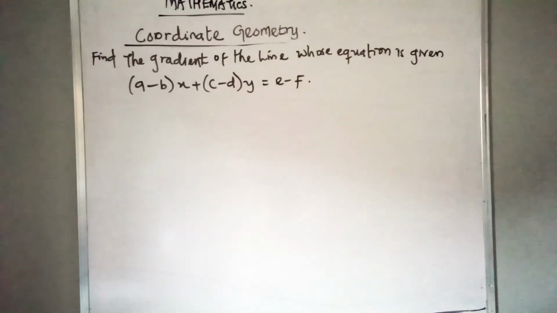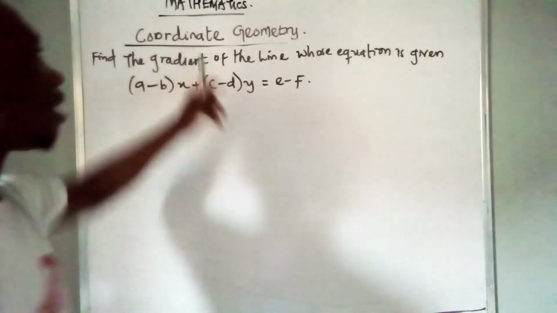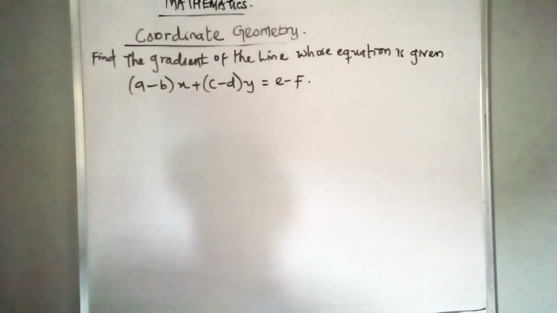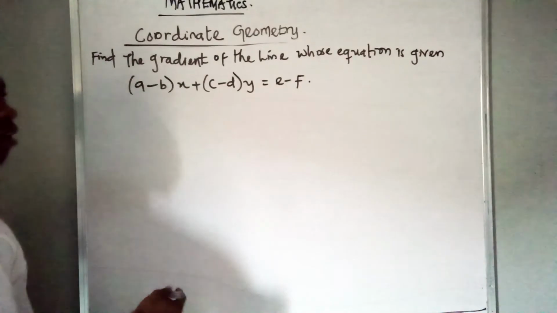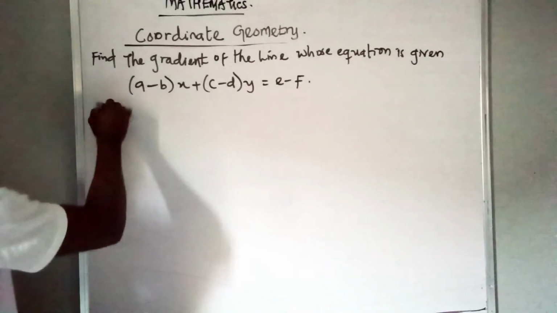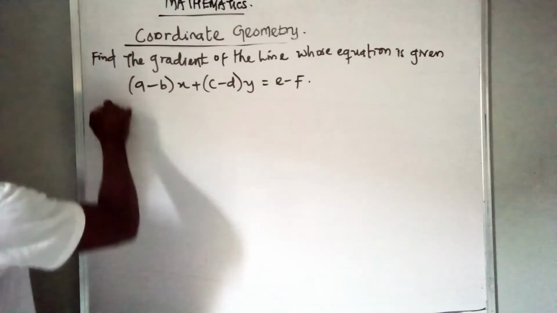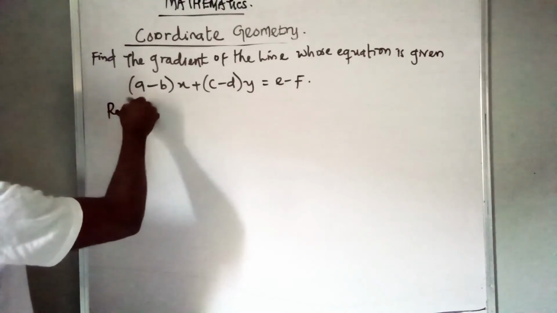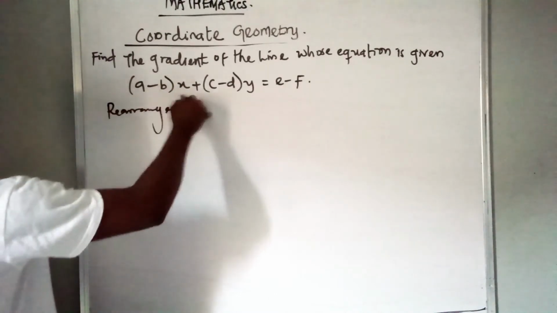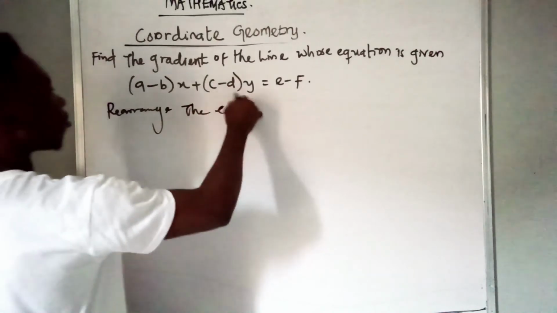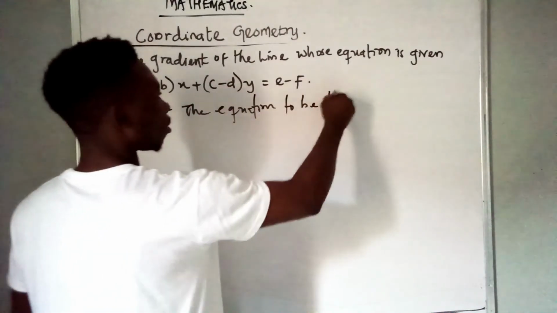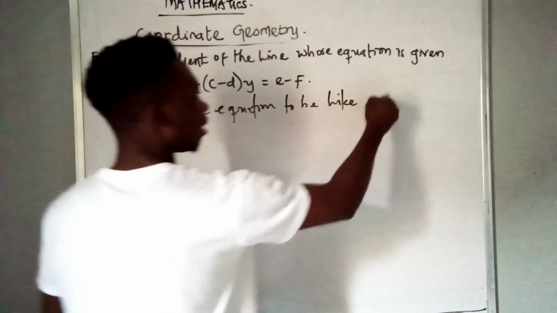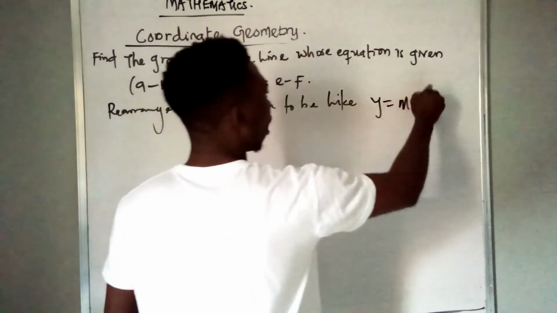Now we have a question here. The question said, find the gradient of the line whose equation is given. Now look at the equation here, and we are asked to find the gradient. Don't forget, if I have to find the gradient, then we have to rearrange it to look like the equation of a line that says y is equal to